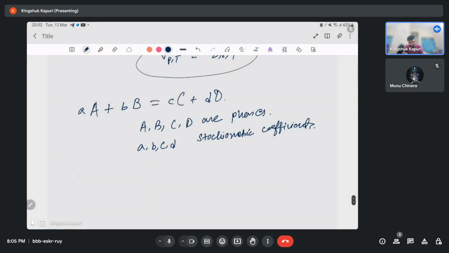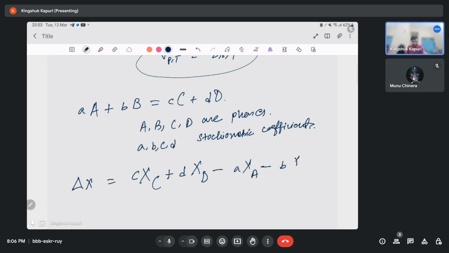So if we calculate the change in X, Δx of a reaction, always remember the equation will be in the form of products minus reactants. So it will be cXc plus dXd minus aXa